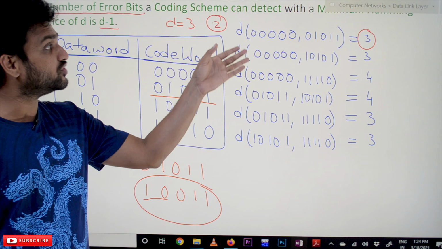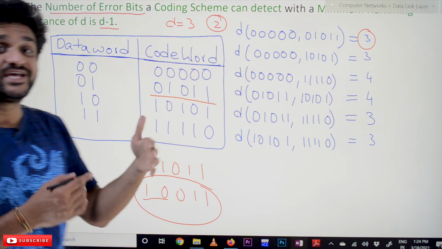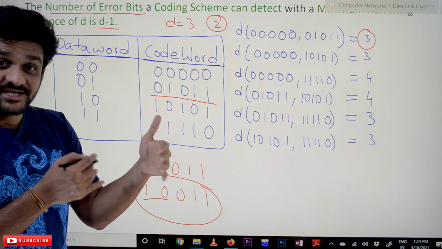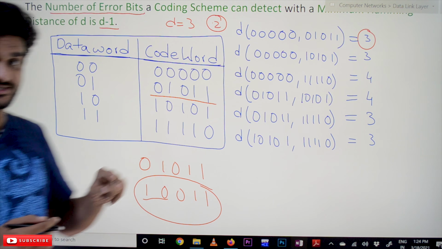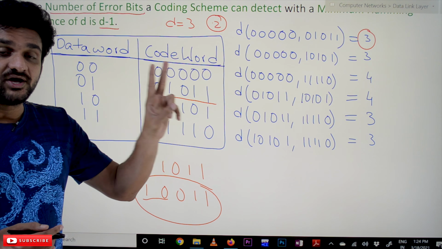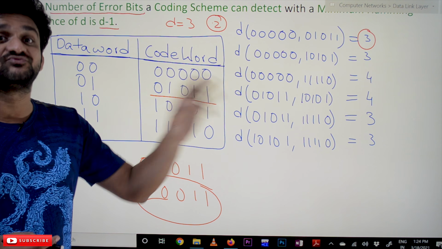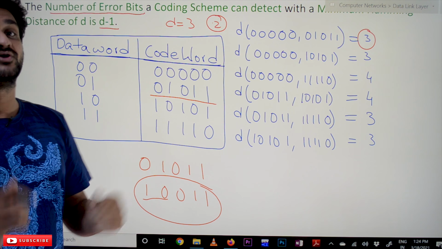With a minimum Hamming distance of 3, we can do error detection only, not correction. We can detect 2-bit errors, which means that if 2-bit errors have occurred in the transmission, we can detect them. If more than 2-bit errors have occurred, we cannot detect them.